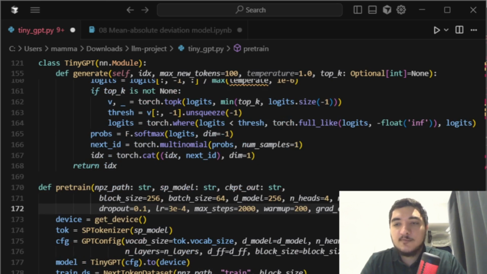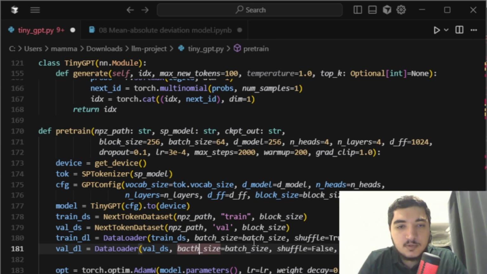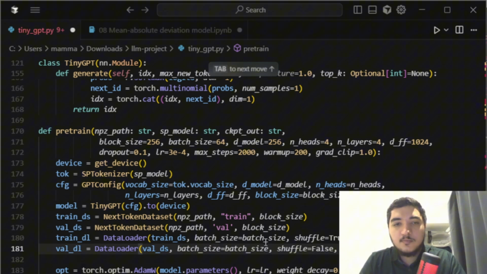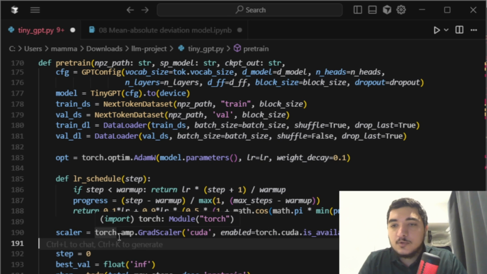Then in line 175, there's a typo as well again. It should be number of heads. Okay, and line 181, we'll change the batch size typo. Batch size. And line 190, we should change the scalar. So let's see. Scalar equals